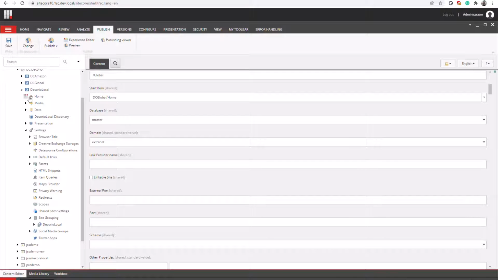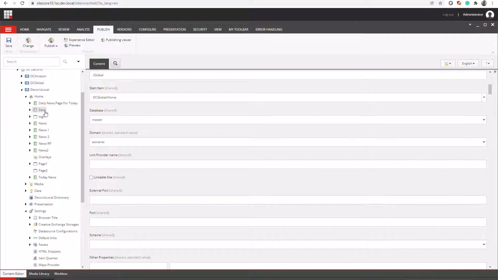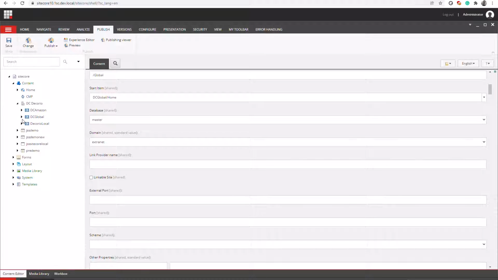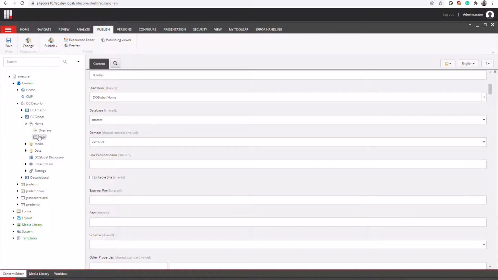So let me show you some pages that we are going to track. This is the home page, this is login page, page 1, page 2. These are the pages that exist in this local site, and in the global site we have a single page here. So we'll add more pages here.